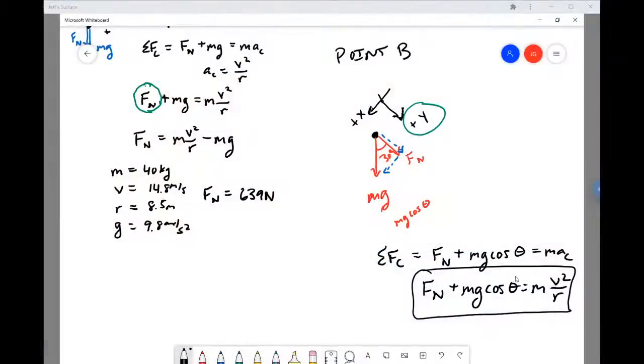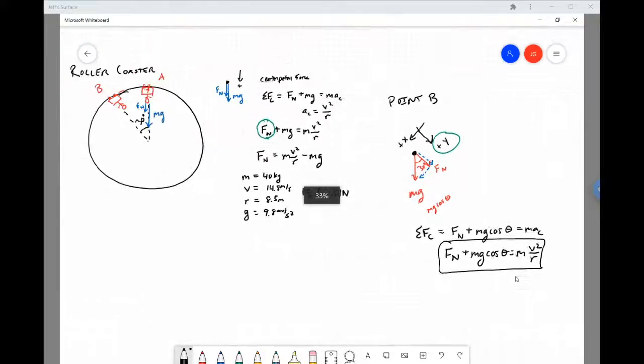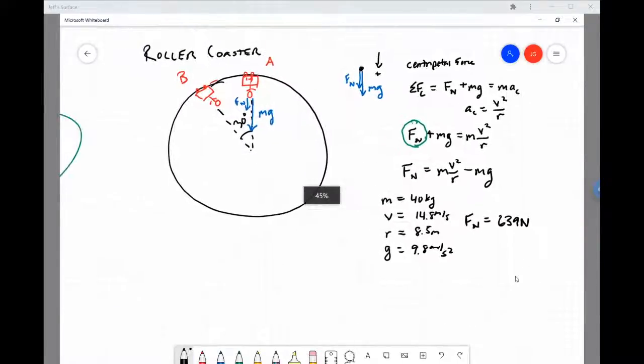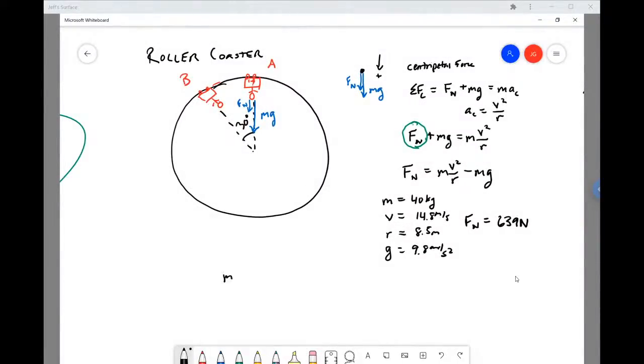All right, then there's a part C to that problem. What is the minimum speed required to keep the child in his seat at point A? Part C says, forget part B, what's the minimum v so the child stays in the seat? You've got to do a little bit of interpretation here. What does that mean? As the roller coaster slows down, the amount of centripetal force required will become less and less,